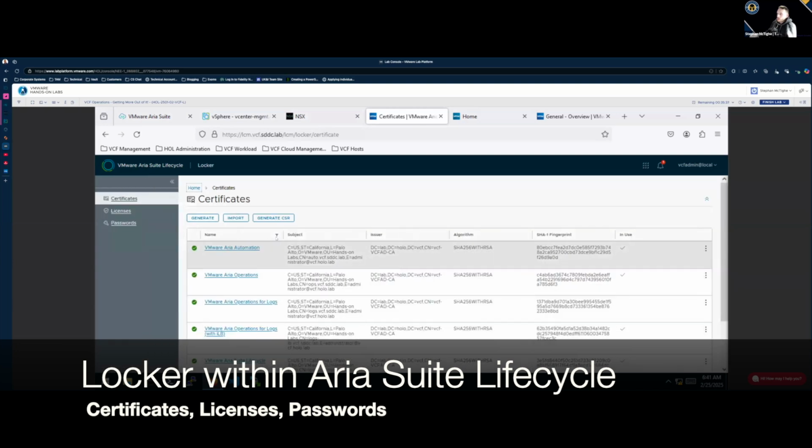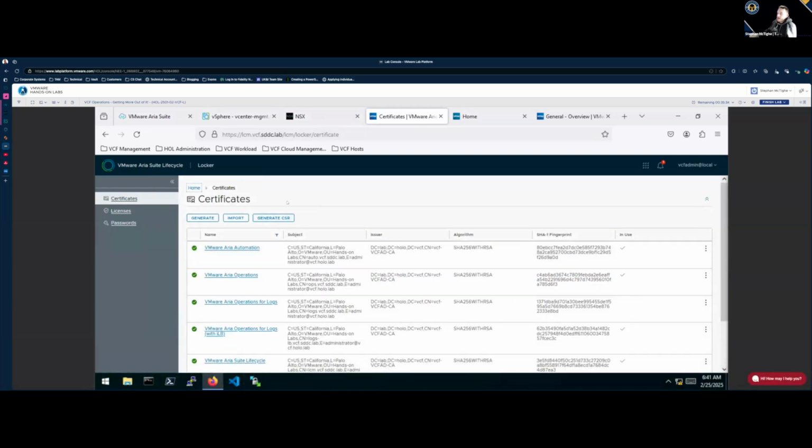So if we have a quick look at the locker first, in here you get a few different things which you can do. So one of them is the certificate management. So in here you can generate the CSRs and certificates for the different products and then manage the lifecycle of the certificates from a single point. So rather than having to go to each of the individual Aria products, you can generate all your CSRs, generate all your certificates, all from within here, and it will push out the certificates to the endpoints, being your individual Aria appliances. So that's quite a useful administrative